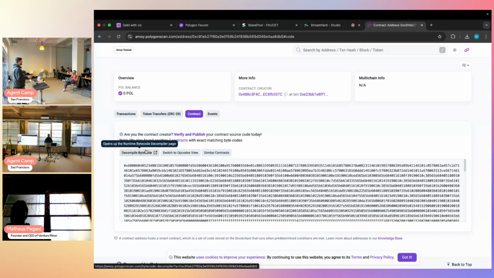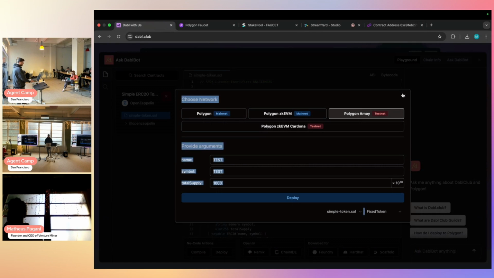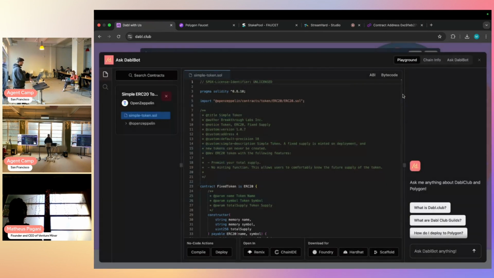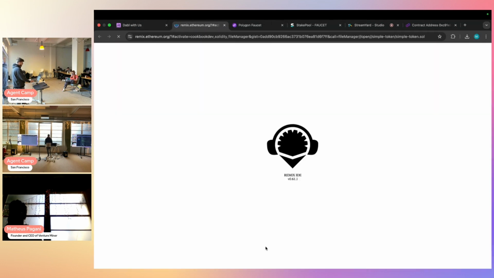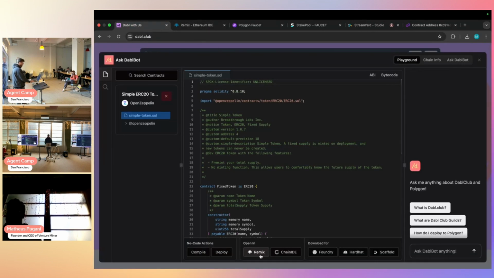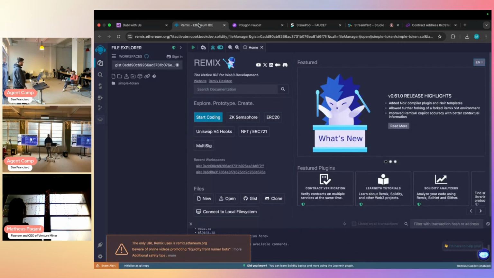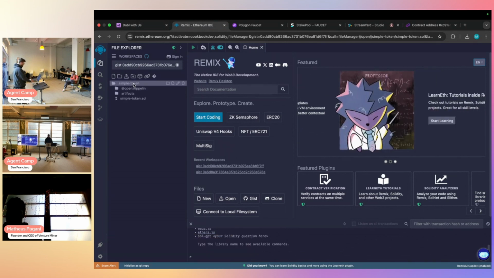So this is the most simple way, I think, to deploy something to Polygon without really having to think about what you're doing, just to get a feel for getting a contract on chain and then interacting with it through something like a block explorer. I will point out that the tool does support more robust deployments in a sense. So I'll just show you guys how the integration with the Remix IDE works. If I select this open in Remix button here, it'll launch the Ethereum web IDE Remix, where we have a little bit more flexibility and customization options for deployments.